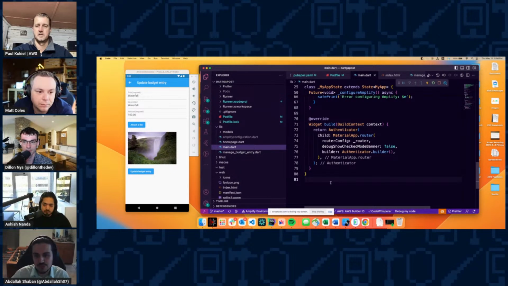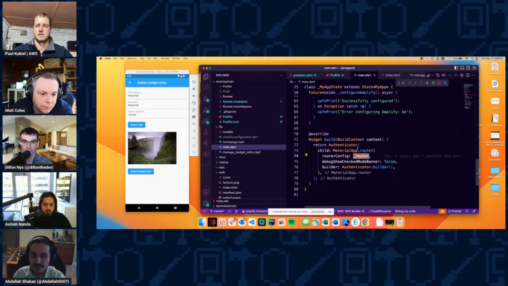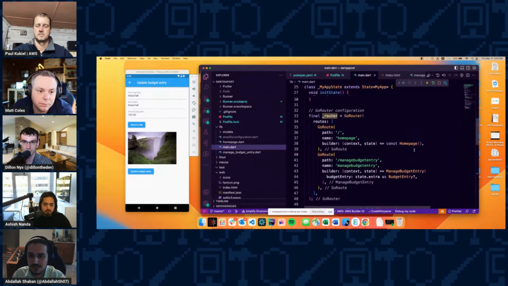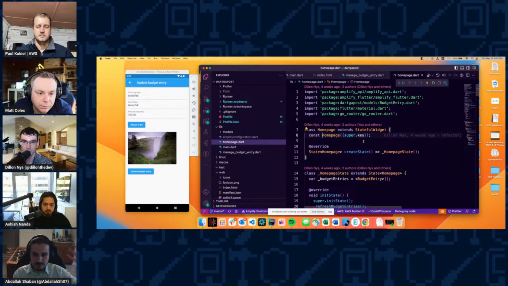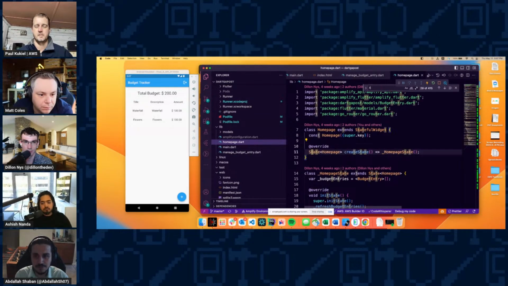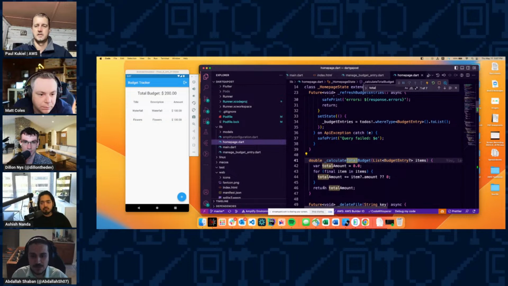So to walk you deeper into what's happening within the application, what happens here is that I'm using GoRouter to control routing within the application. So if I go to my main route that I get redirected to, the main route takes me to this homepage widget, which is the main screen that you see right after you log in, which is here. And within here, at the top, I have this total budget, which is a function that grabs all of the items that I've retrieved using GraphQL API